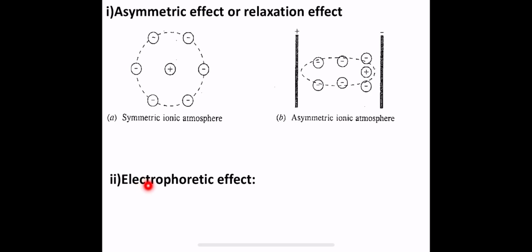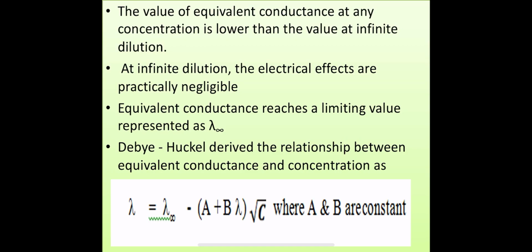And the next effect is the electrophoretic effect. So this is another factor which acts as a drag and tends to decrease the velocity of the ion. Okay, so this is explained as follows. Each ion is hydrated. Exactly, when we prepare a solution, definitely we will prepare it in water. So when any chemical, say for example ammonium hydroxide or sodium hydroxide, is dissolved or comes in contact with the water, definitely it will get hydrated. Okay, so each ion is hydrated.